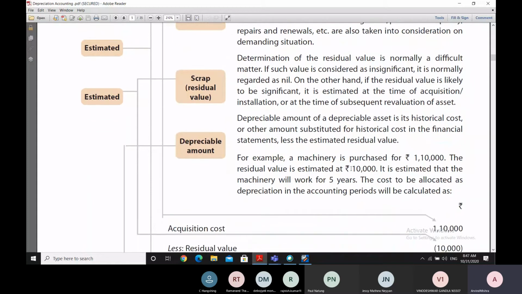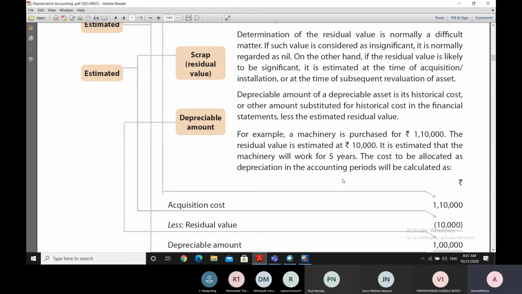Now let us take an example of a machinery which is purchased for 1,10,000 rupees, and we estimate at the time of purchasing the machinery that the residual value of that machinery will be 10,000 rupees. We are also estimating that the useful life of that machine will be 5 years. So the estimate of the useful life is 5 years. The estimate of the residual value is 10,000 rupees,